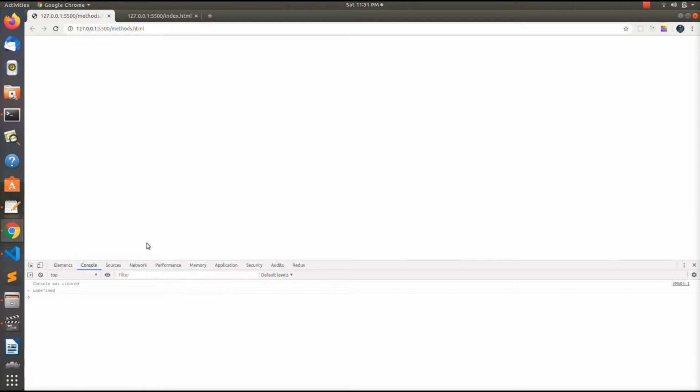So what are JavaScript methods? Methods are nothing but simple functions that we call by their name. We just need to call them, but inside those there could be tens and hundreds of lines that we don't need to write, and we can simply use them. For example, the first method that we're gonna see is the clear method. Clear method is actually used to clear all the things on this console.